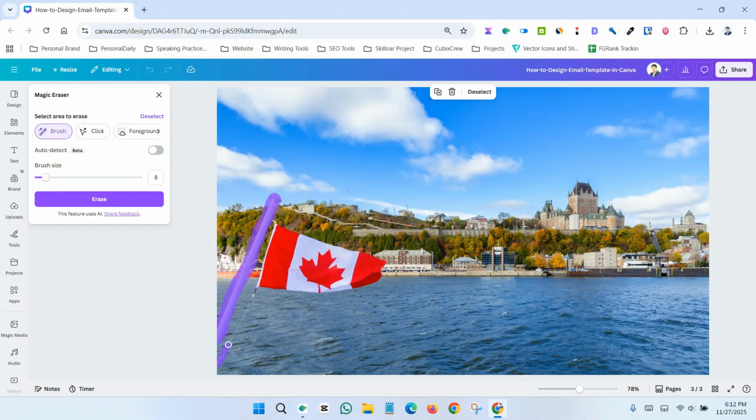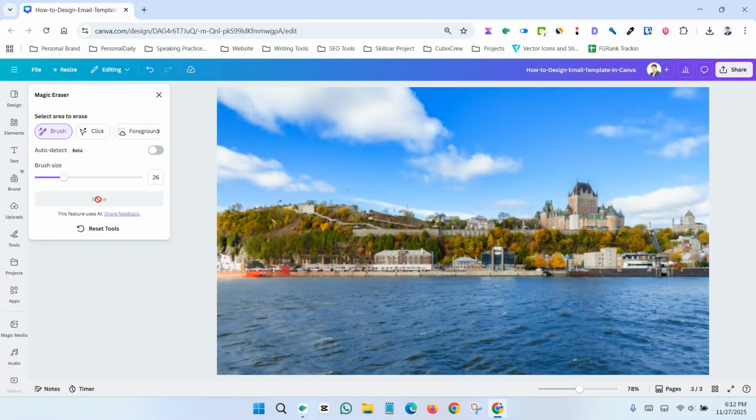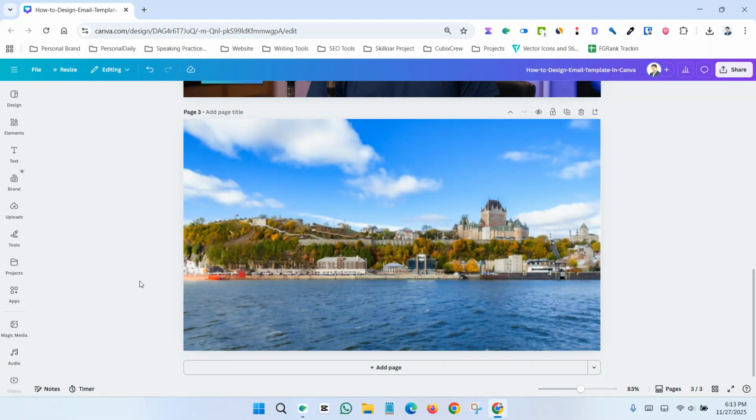marking the second object, and now increase the brush size. Just mark it. Okay, I think it's done and perfect. And now click the erase button, and boom. See, this image is without that object, and this is a very easy way to remove any objects